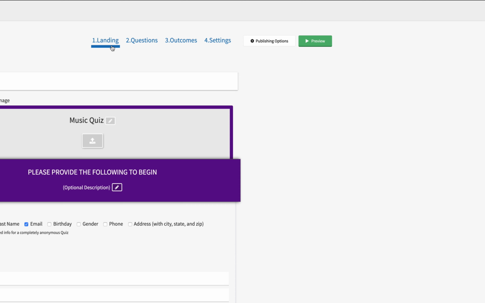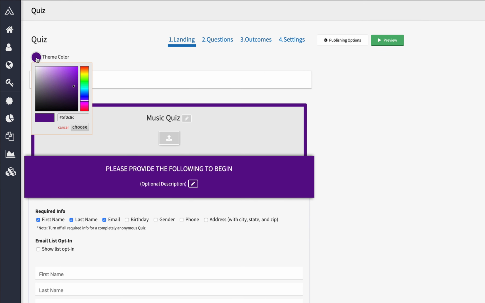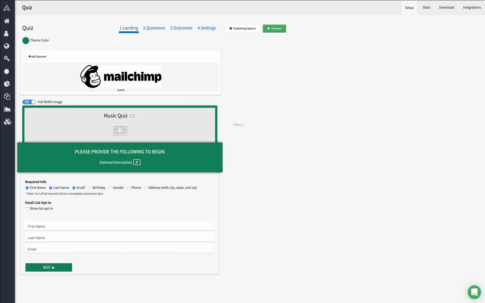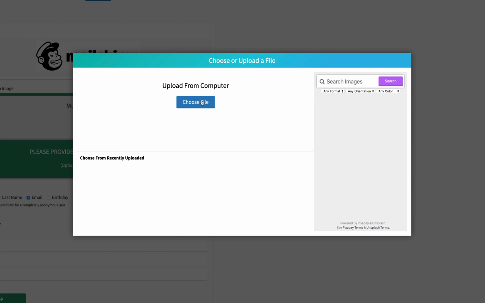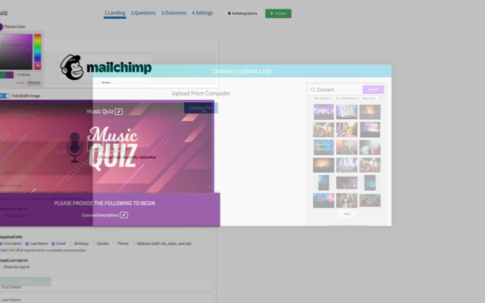There are 4 steps when creating a quiz. I'll start with the landing page. I can change the theme color of the quiz, and I can add sponsor images. To customize the look and feel of the quiz, I'll start with my header graphic. I can choose a graphic from my computer, or I can search Aptivada's Pixabay integration for some stock photos. I already have a graphic created, so I'll go ahead and use that, and I'll change my theme color to